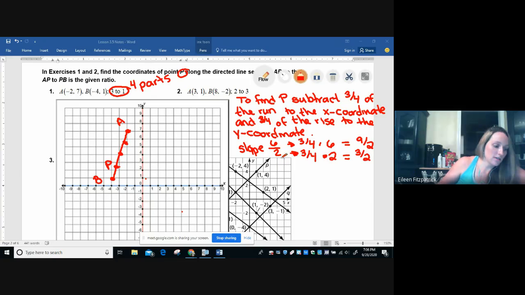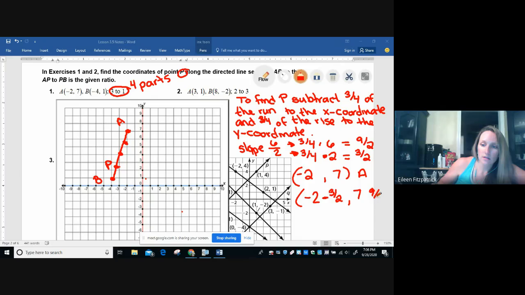So then what you do is you take the coordinate of A, -2, 7, that's the coordinate of point A, and you're going to subtract 3/2 from the x, and you're going to subtract 9/2 from the y value, okay? Because rise, y value, run, x value, right? And when you do that, you get